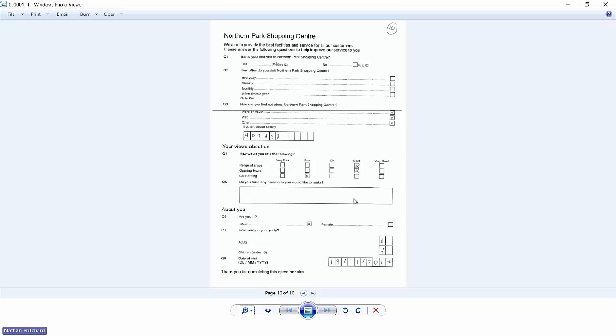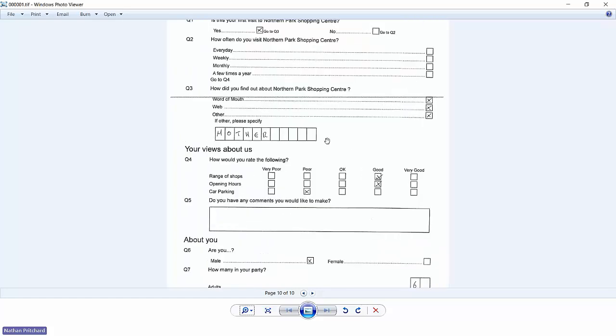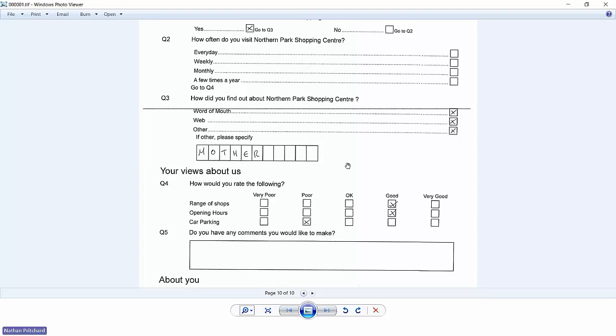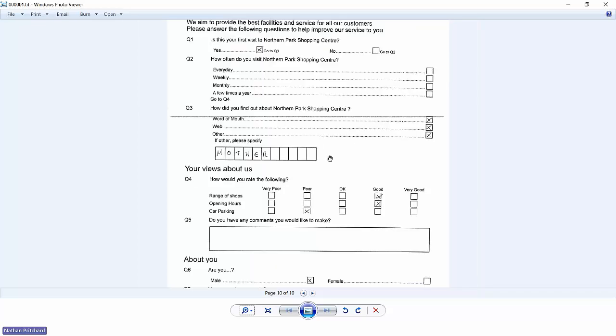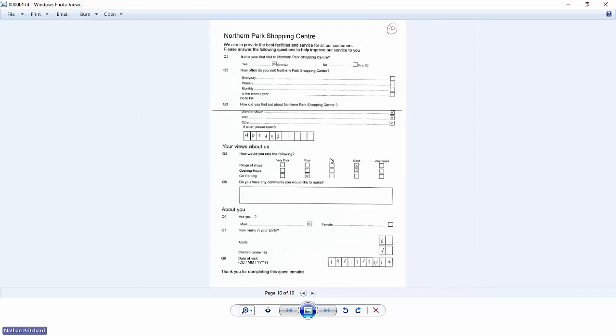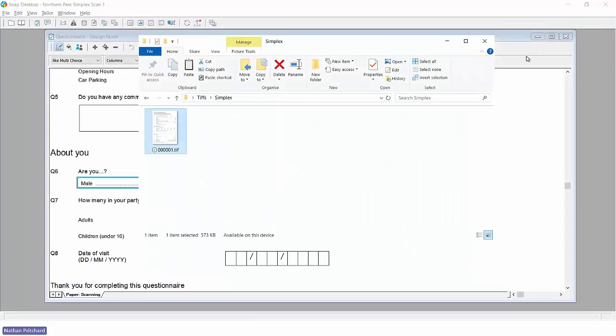And just before we jump out of this window, if I just zoom in, I've done this on purpose to a certain extent. My scanner actually was a bit grubby, a bit dirty, had a bit of something on the plate, and effectively there's now a line all the way across. So you will see a bit later that in some circumstances this is going to cause a bit of an issue. So again, it's just really important we don't have any marks on the scanner. But if I close that one down and just head back into Snap,